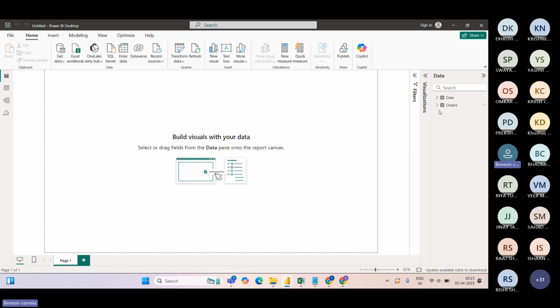You have the premium capacity, or another license. So there are two licenses in Power BI, premium capacity and PPU. So Power BI charges on licenses, and the things which are very easy in Power BI may be difficult in Tableau. The things which are very easy in Tableau may be difficult in Power BI. So these are